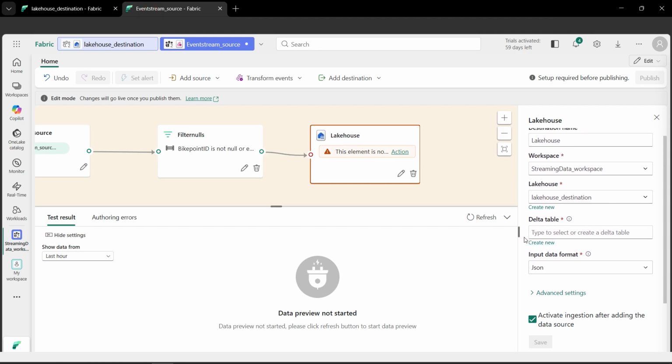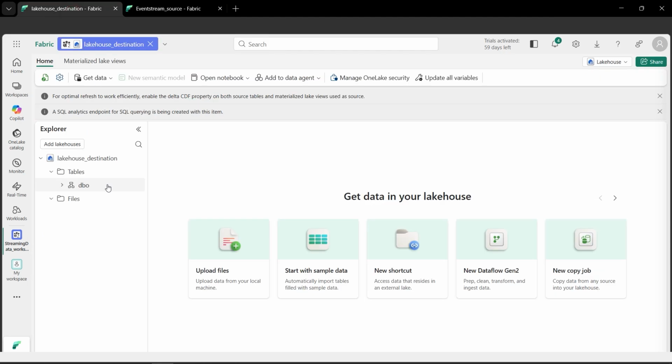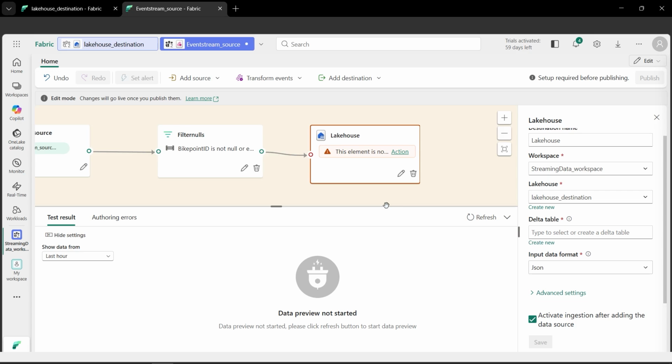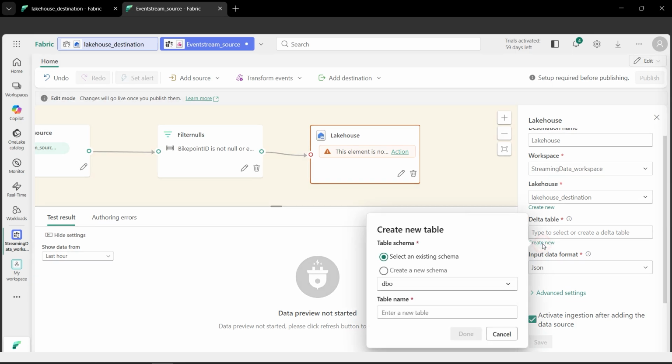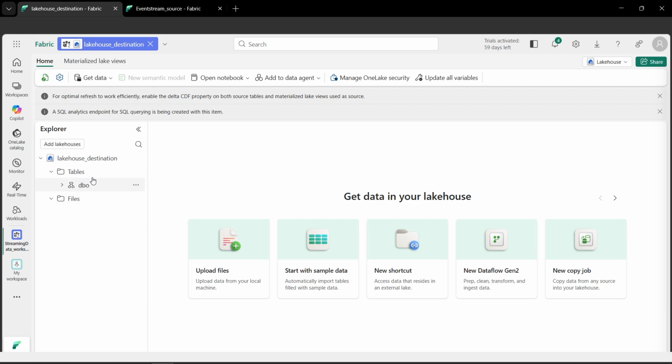Now we've got to create one table, because if you look here, the DBO schema is empty, right? We don't have any destination table. We can directly do this in the event stream by clicking on create new. Here, we have an option to select the existing schema. If you don't want to populate your tables in the default DBO schema, we can create a new schema anytime by